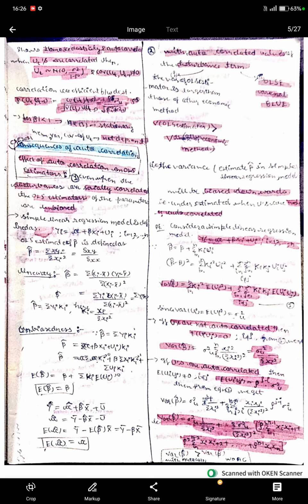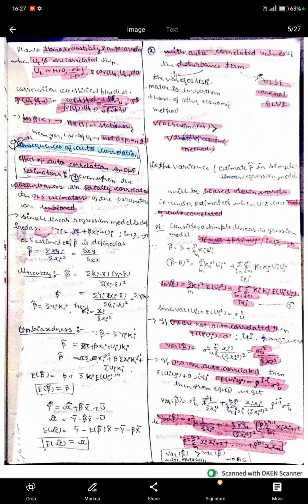When the u_t are autocorrelated, the diagonal elements are the same, so these are homoscedastic. Autocorrelation means the non-diagonal elements are not zero, meaning there exists autocorrelation. So u_t follows normal with mean 0 and variance sigma squared upon 1 minus rho squared, and covariance of u_t, u_{t-1} is not equal to 0. Now the correlation coefficient between